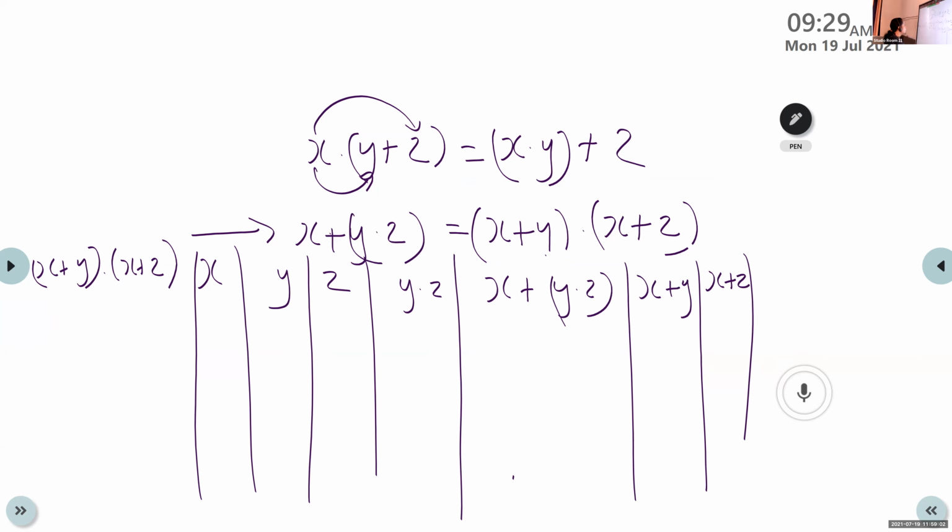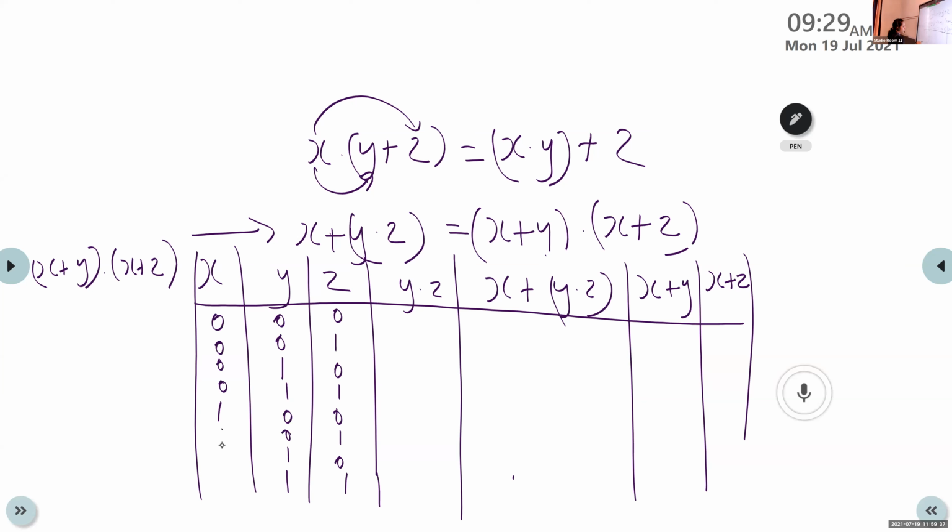Renil, which are the input values for X, Y, and Z? 0 1 0 1 0 1 0 1, in which column? Z. Okay. How many 0, 1, 0, 1 are there? 8. Okay, correct. Then what about the next column, Jewel? 0 0 1 1, 0 0 1 1. The last column is 0 0 1 1 ... 0 1.